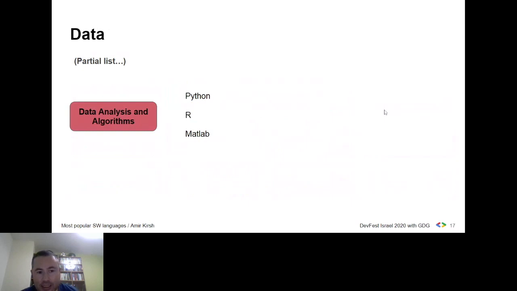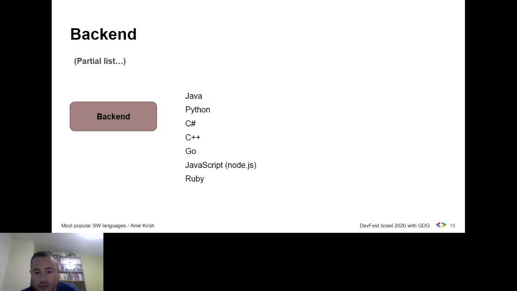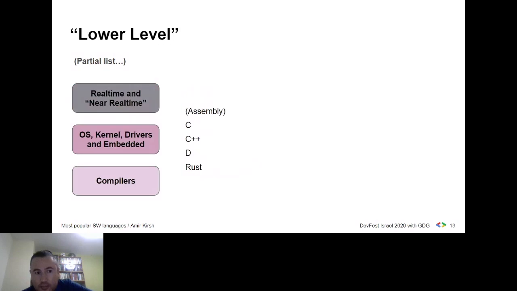If you go for data analysis, we can go with Python or R or MATLAB. And other languages also try to, in a way, solve things in the data analysis domain, but they are less acceptable in this domain. So you have to think, would I find proper libraries, examples? When I'm stuck, can I find answers on Stack Overflow for the specific domain that I'm using the language for? For backend, we have its own list. For low level, we'd have the list of proper languages there.